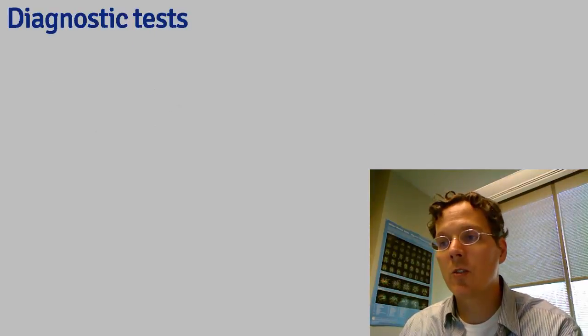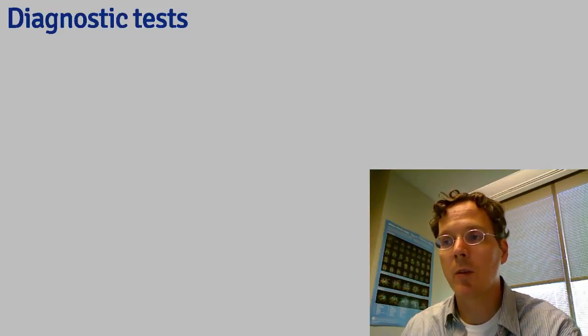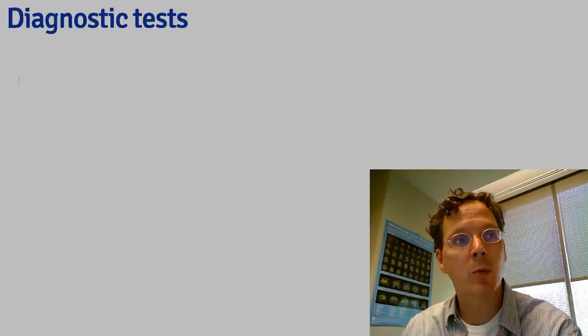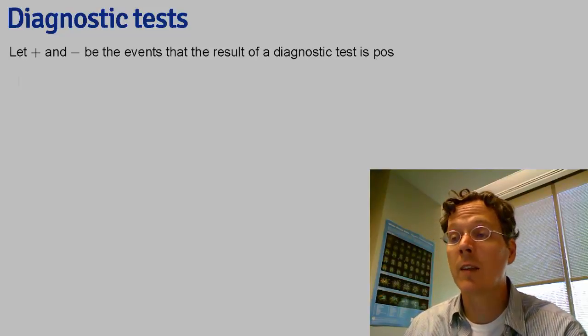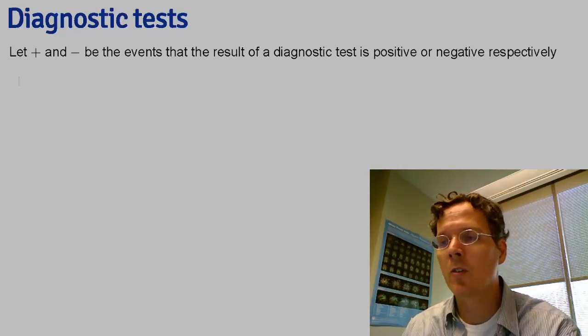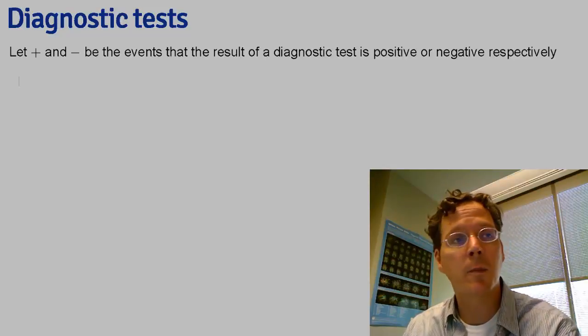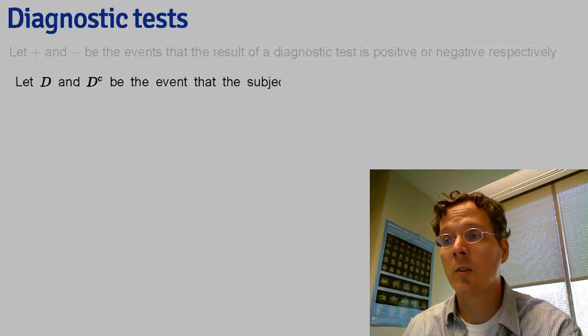So let's talk about conditional probability in the context of diagnostic tests, one of the most important examples of conditional probability and Bayes' rule. Let's let plus and minus be the event that the test is positive or negative. Let's think of a test for a disease. So plus being that the test says the person has the disease, and minus being that it says they don't. And then let's let D and D complement be the event that the person either does or does not have